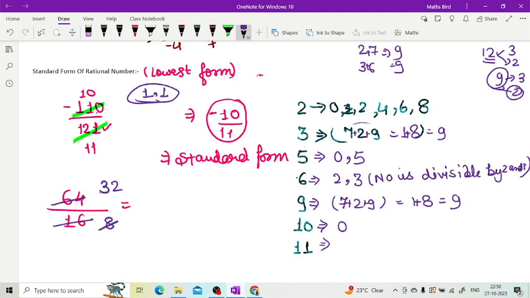Again it will cut by 2. 4 by 16. Is this the standard form? No. Again there is a number by which 16 and 4 can be cancelled out. 4 ones are 4, 4 fours are 16. So finally we get 4 by 1, right? This is the standard form. 4 by 1, this is the standard form,